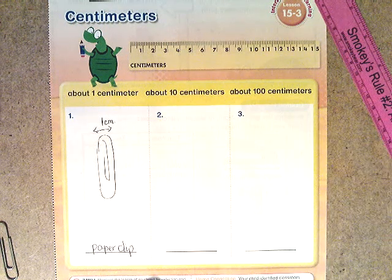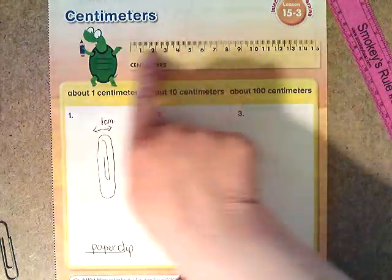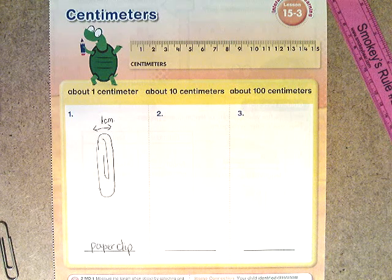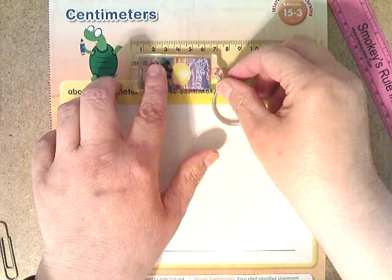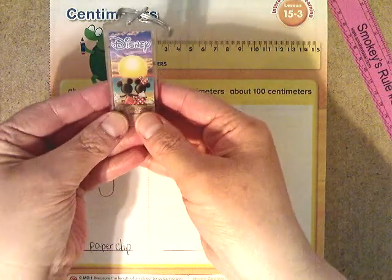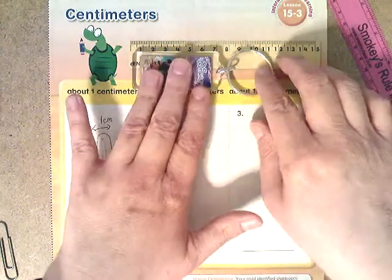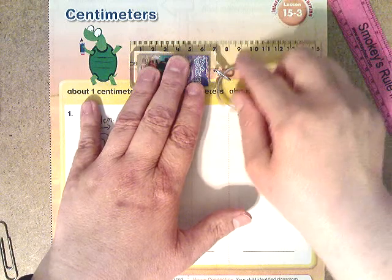Okay, the next one, it says about 10 centimeters. Okay, so when I look at this, I want something that's about 10 centimeters long. Now remember, about is close to. Doesn't have to be exact. And so I thought, oh, maybe I'll try this adorable keychain that I got from Disney. Okay, let's see. Nope. Because look, it's not long enough. I mean, if we count this loop, but